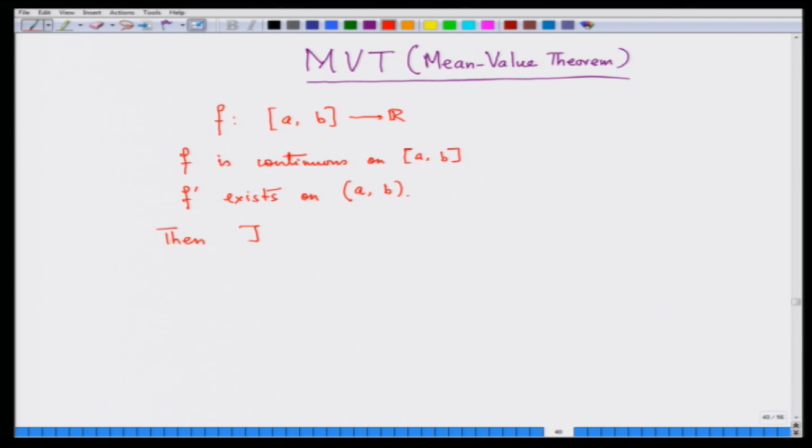Then there exists, this is the sign for there exists, c which is lying in the open interval (a, b), that is strictly bigger than a and strictly less than b, such that f(b) minus f(a) is f dash of c into (b minus a), or the way most calculus books write,